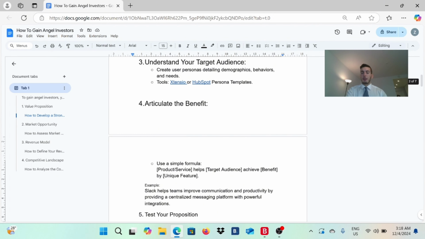So yeah, number three, understand your target audience. Pretty basic. As I told you, you need to understand them deeply, more than they understand themselves. How can you do that? You can do research on social media platforms. You can go to Reddit. Reddit groups are a pretty good way to start gaining information on your target audience. See what questions they have asked.